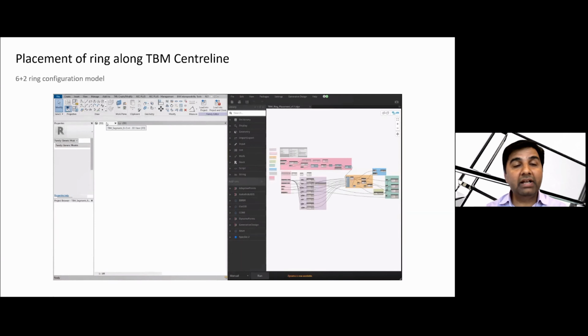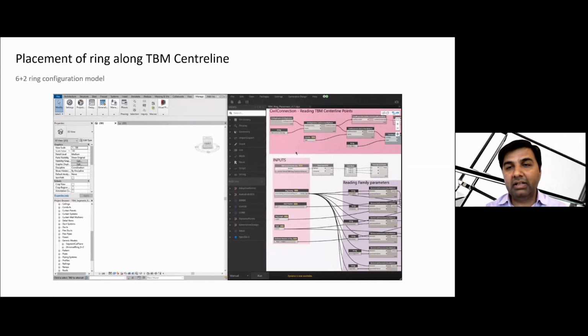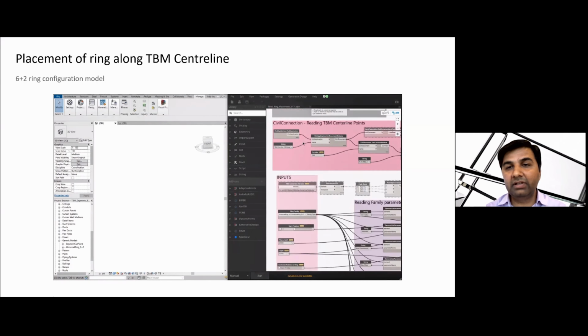Okay, and then we are loading this family into the Revit project and checking all the parameters. And this time I'm not reading this CSV file. I just froze those nodes and I just specify what is my Civil 3D file name, what is my corridor name, and what is my point code for the feature line. And I already have this transform node, so it will transform Civil 3D coordinates. I can call the global coordinates the Revit coordinate system.